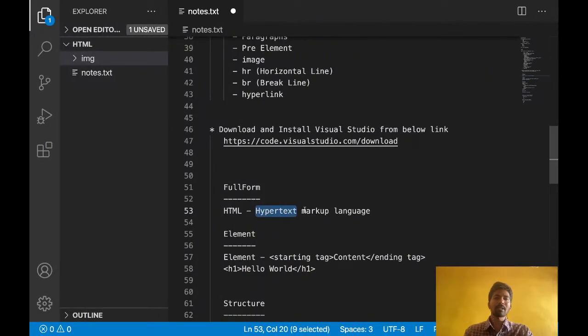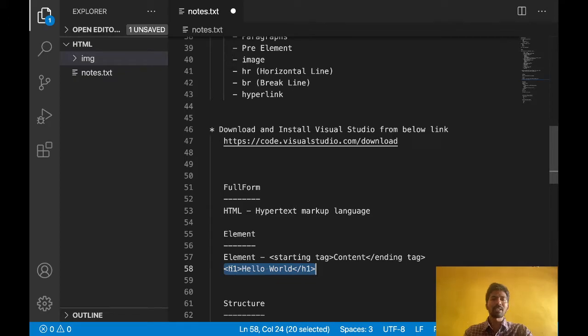Then what is markup language? Markup language means there will be some tags and attributes in this HTML program. This is called a tag. For example, this is one element. If you take an HTML element, this is an element.